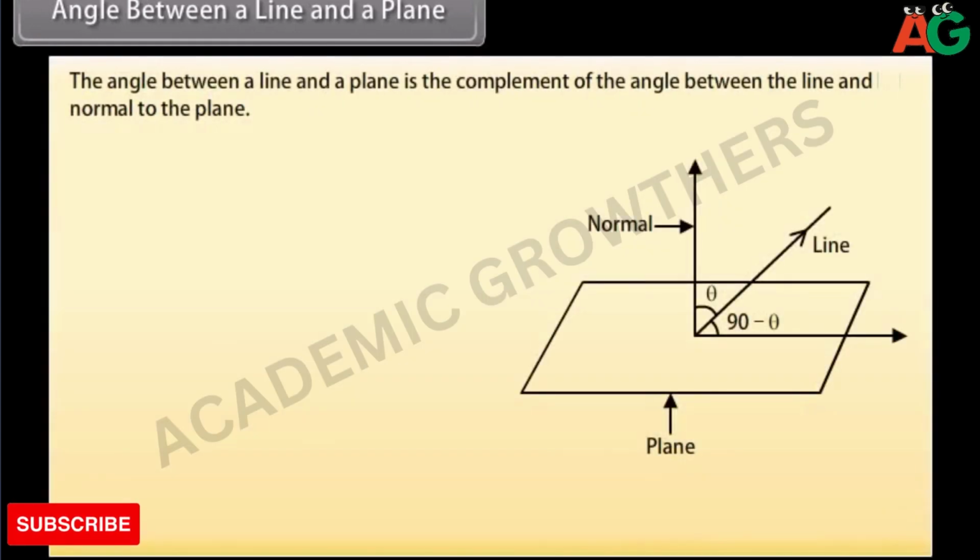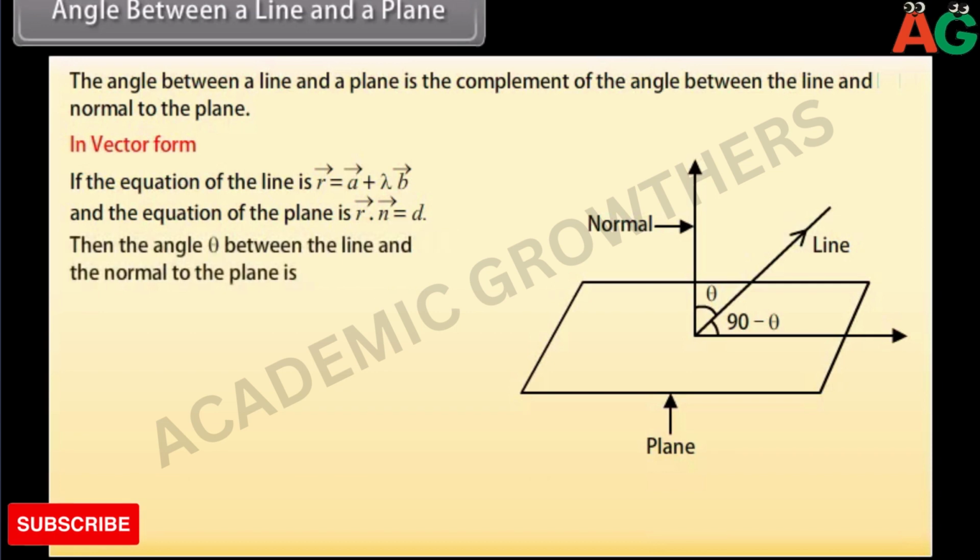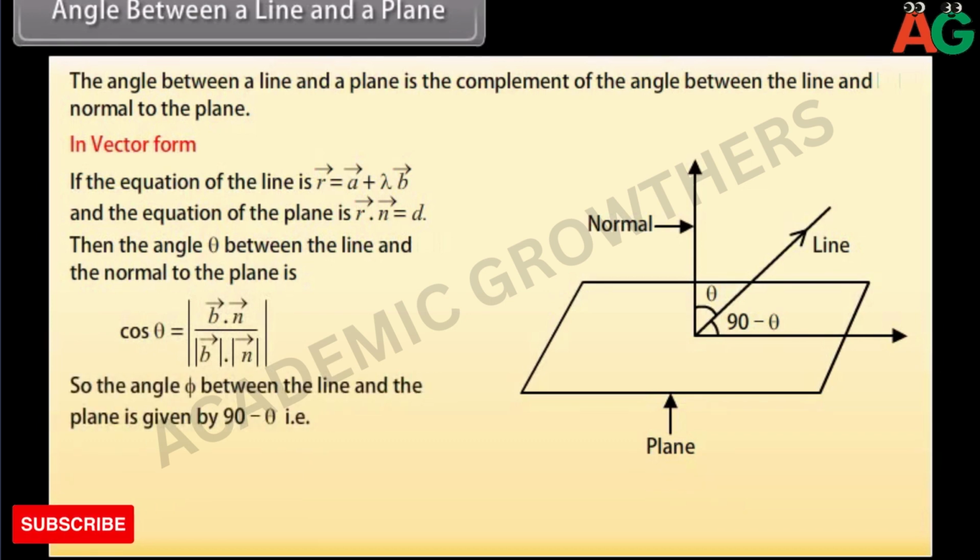Angle between a line and a plane. The angle between a line and a plane is the complement of the angle between the line and normal to the plane. In vector form, if the equation of the line is vector r equals vector a plus lambda vector b, and the equation of the plane is dot product of vector r and vector n equals d, then the angle theta between the line and the normal to the plane is cos theta. So the angle phi between the line and the plane is given by 90 minus theta, that is, sin of 90 minus theta equals cos theta, and